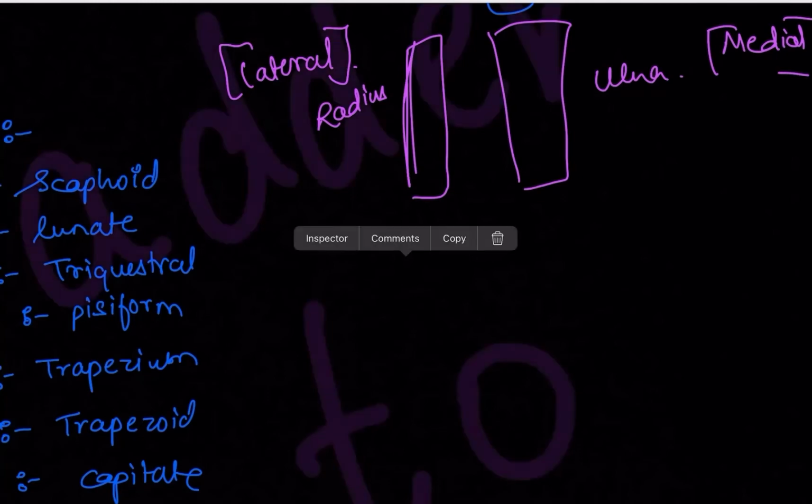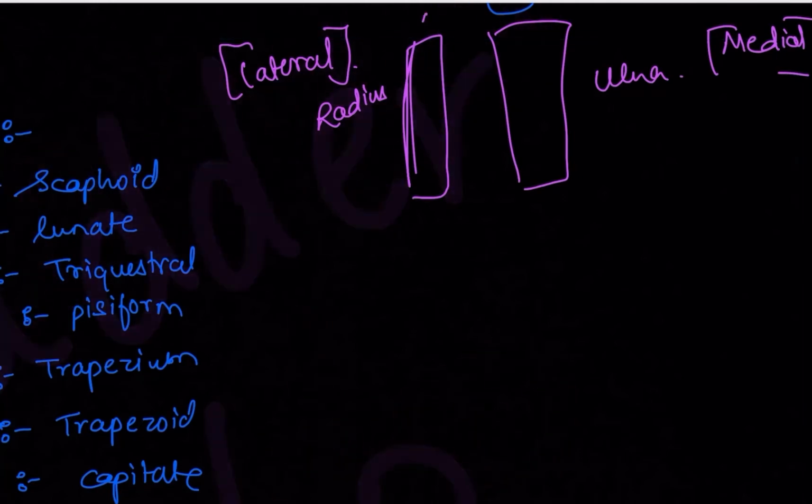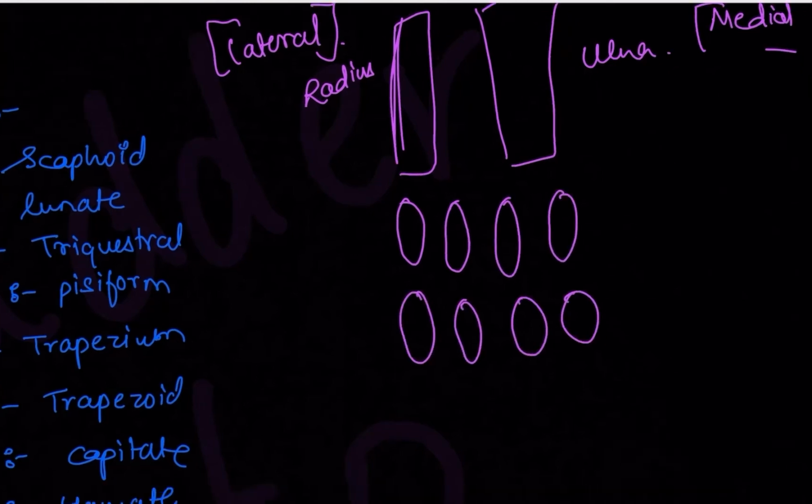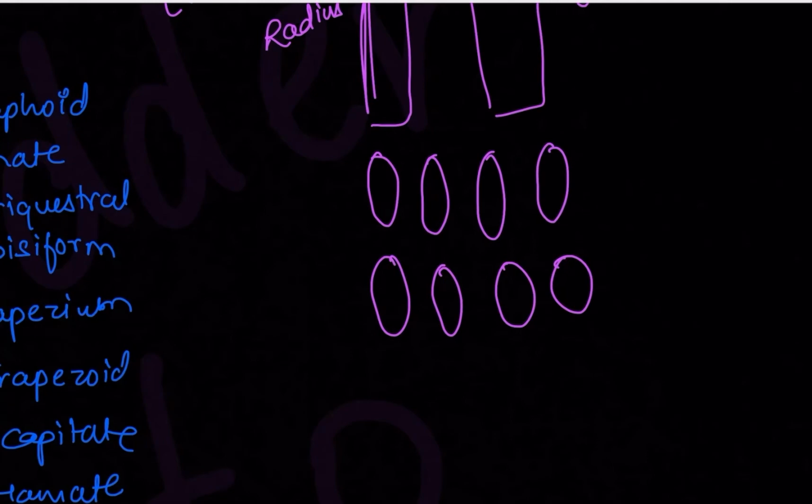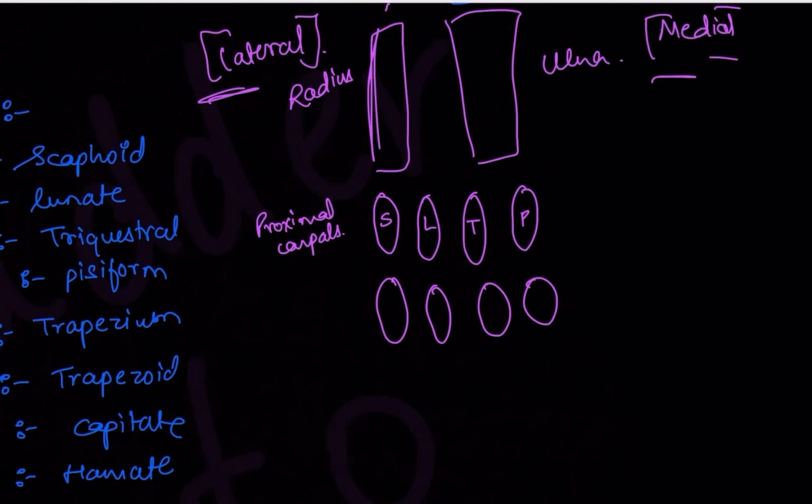So let's draw the carpals now. So 1 carpal, 2 carpal, 3 carpal, 4 carpal. Then again 1 carpal, 2 carpal, 3 carpal and 4 carpal. So this is scaphoid. This is lunate. This is triquestral. This is pisiform. These are proximal carpals, right? End with P. So starting from the lateral side to the medial side, going from the radius to the ulna, you will have the scaphoid, lunate, triquestral and pisiform. Then on this side, trapezium again, trapezoid, capitate and hamate. Now this you have to remember, starting with the trapezium, you again have to come to the lateral side. So these are the distal carpals. Understood?